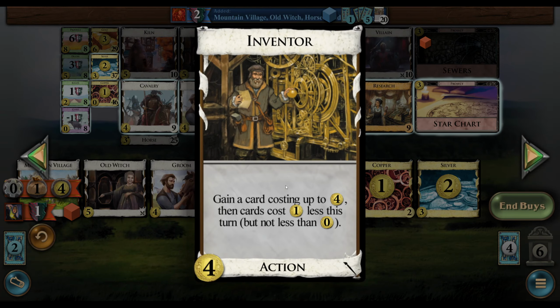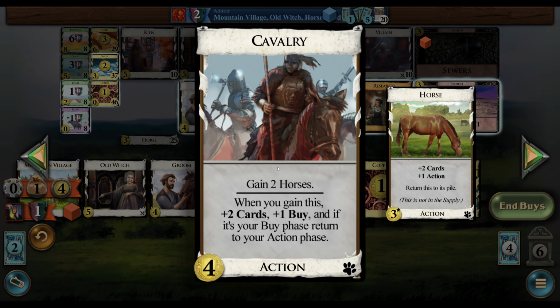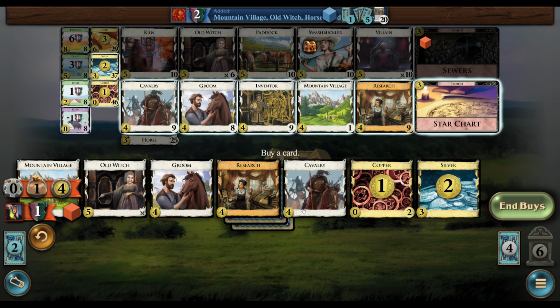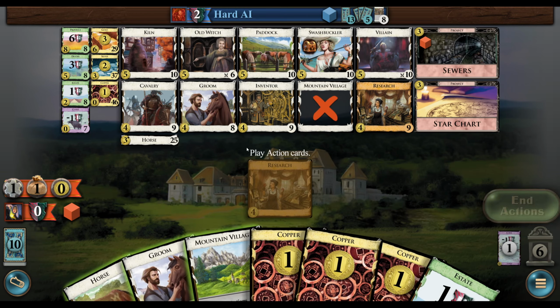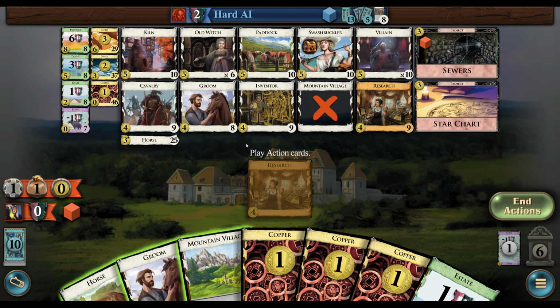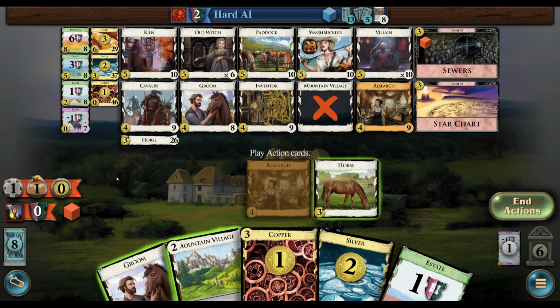So if you get the inventor, if you lower the cavalries enough, when you buy it, you get its... If there's 0, if you play 4 inventors, say, then when you buy it, you just get draw 2 cards, and you can keep buying it. You can go back to your action phase, whatever. So there's real... we again hit this sort of annoying...